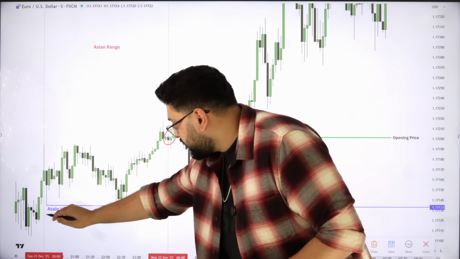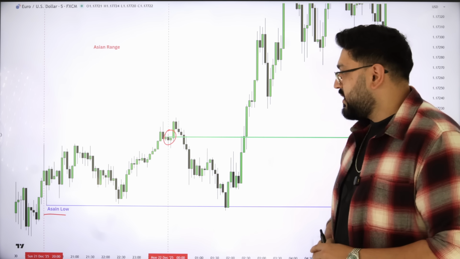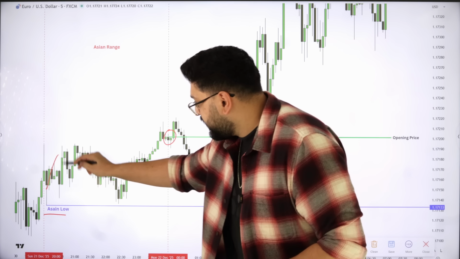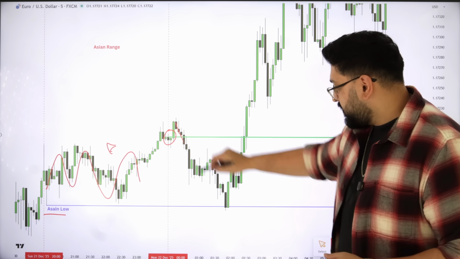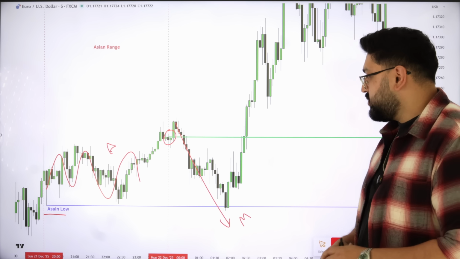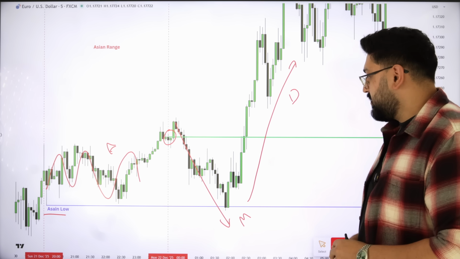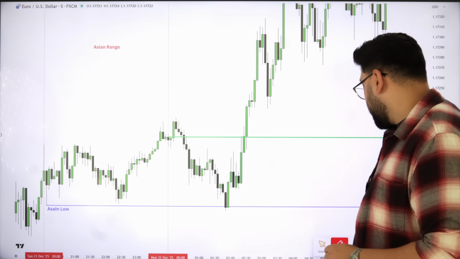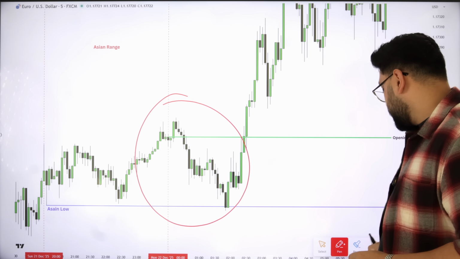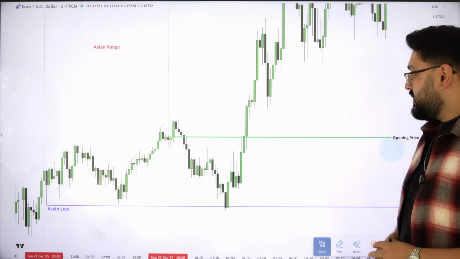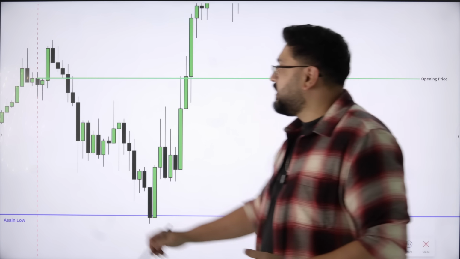Below the market here we can see our Asian low between the time of 8 p.m. and 12 a.m. Now, clearly we have our accumulation phase here. Post 12 a.m. we have our manipulation phase, and then we have our distribution phase higher. But what I want to do here is take this piece of price action, and we're going to zoom in here a little bit so I can give you a little bit more teaching points. Now here we can see that we have a dealing range form.